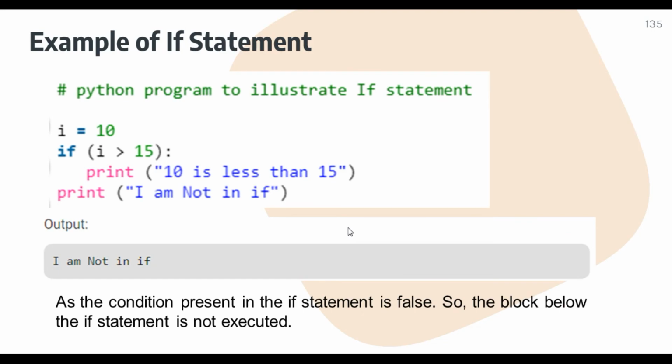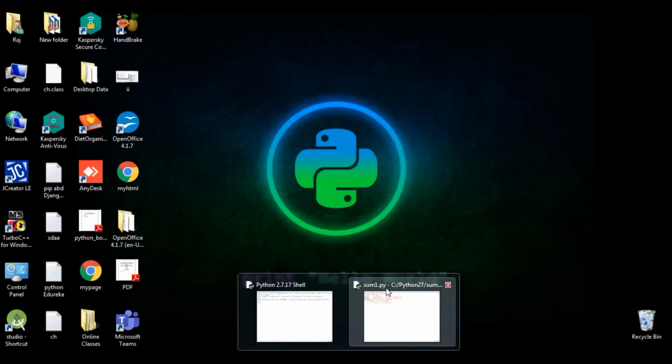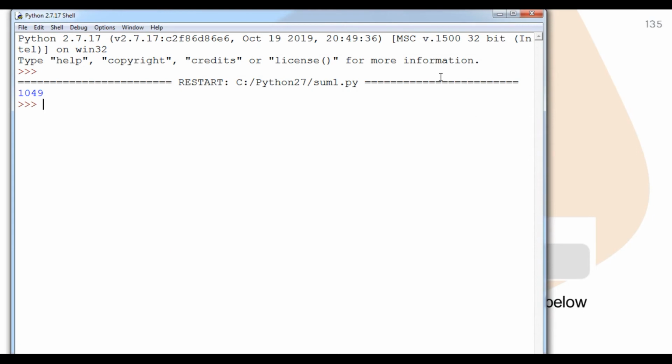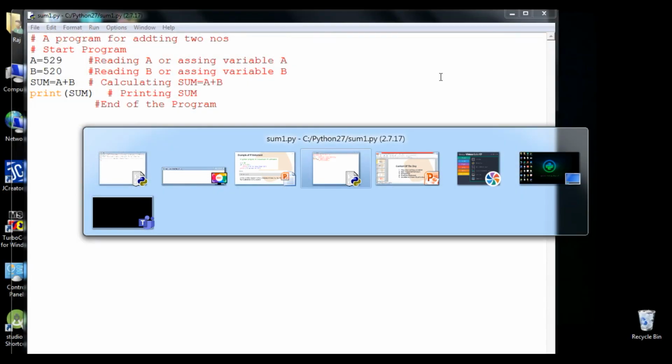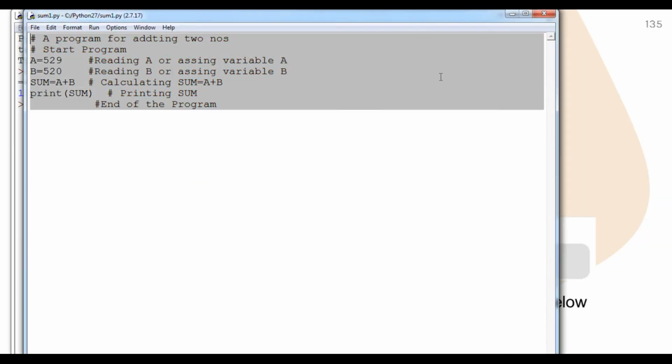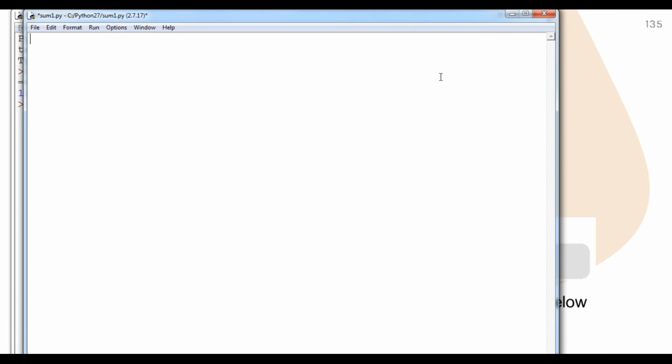So now we are going to understand it by programming. We are going to open a program. In the same program I am going to do this, student. So here I equals 10, then after that I am using the if condition, if I is bigger than 15, then enter. You can put the round bracket also, because it separates your logic. In future we will learn the use of this particular round bracket. And then I am simply printing here